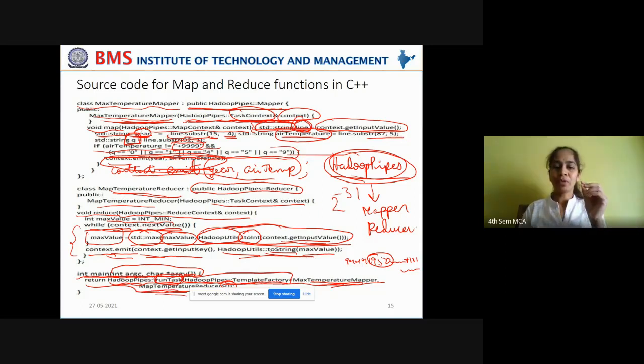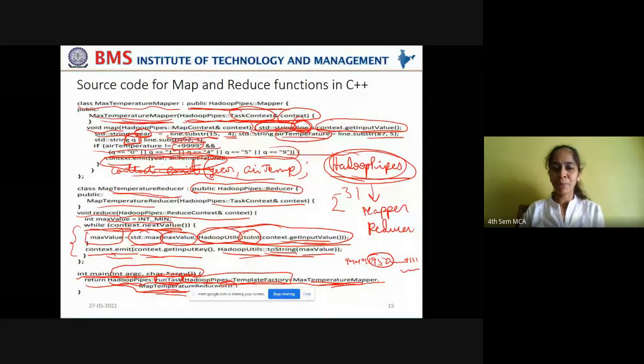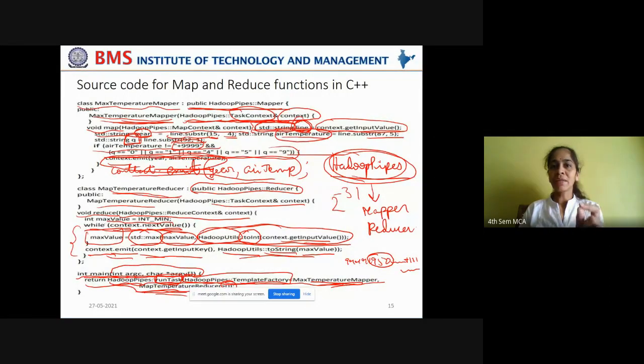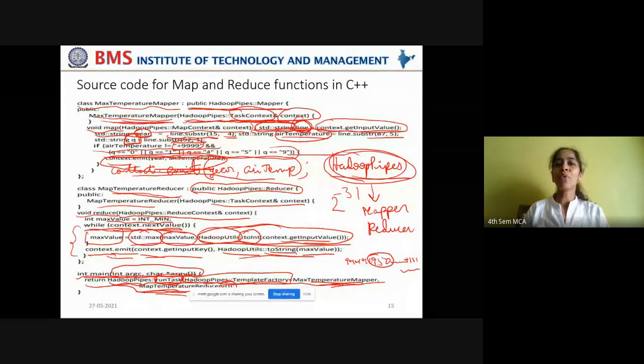Okay, so the run task method of the Hadoop pipes namespace expects a parameter that is nothing but the object of template factory, which takes max temperature mapper and max temperature reducer instances. Got it? This will complete the entire code for your MapReduce function in C++.